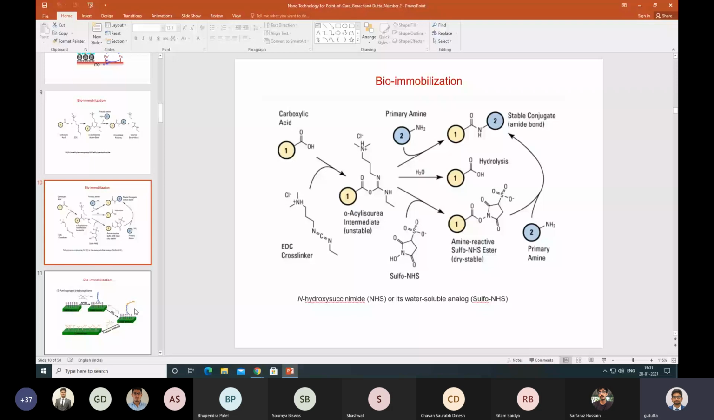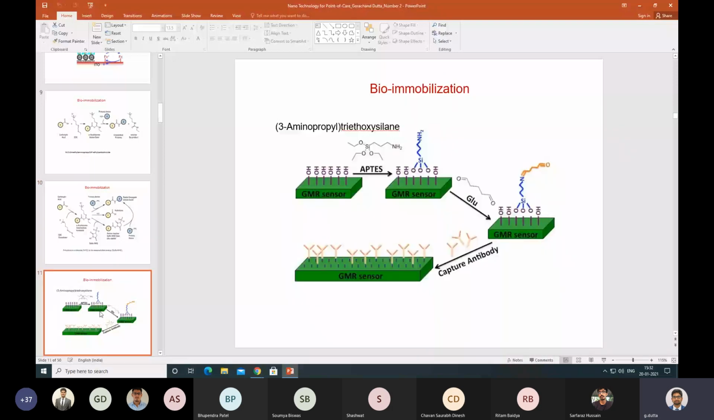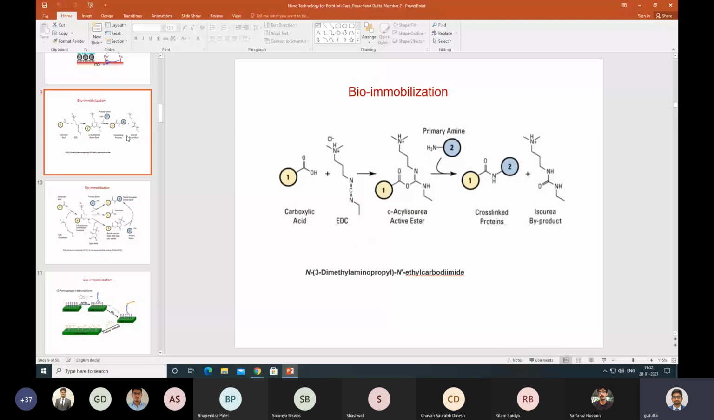So let's come to this point. For making the carboxylic acid group on the surface, you can first treat the surface with some oxidizing agent. So how can we make it? So on the surface, actually today,